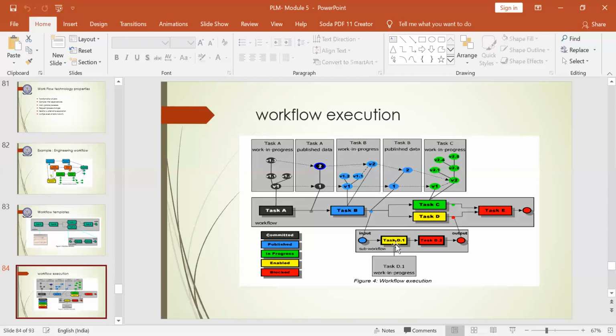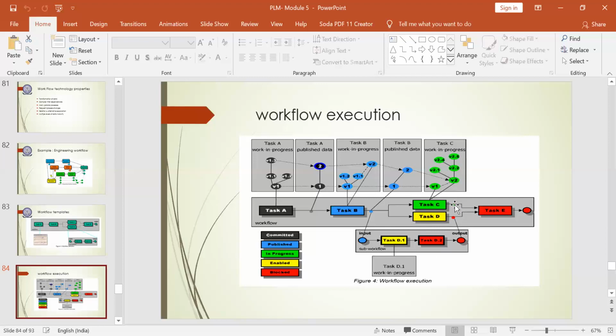So once D1 is completed, then D2 will be enabled and D1 will be disabled. So then this process will go on. Once this process is done, then only you will get the output of task D. And once task C is completed, you will receive the output of task C.